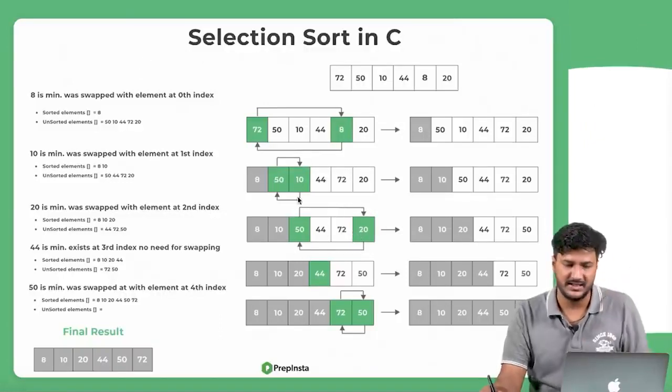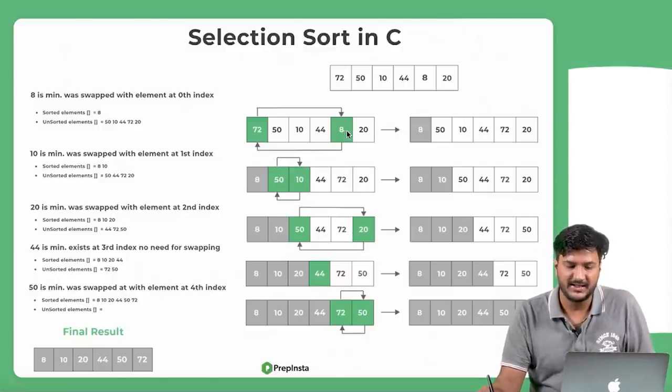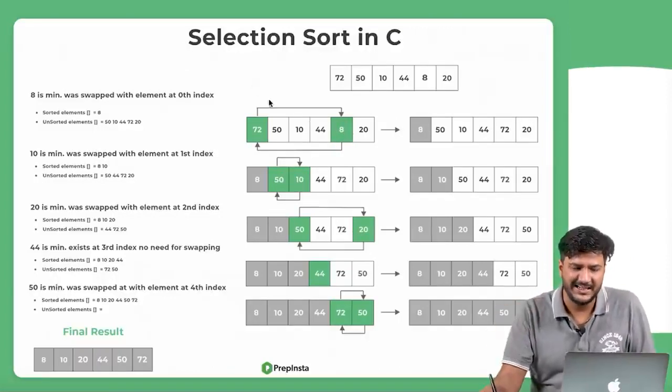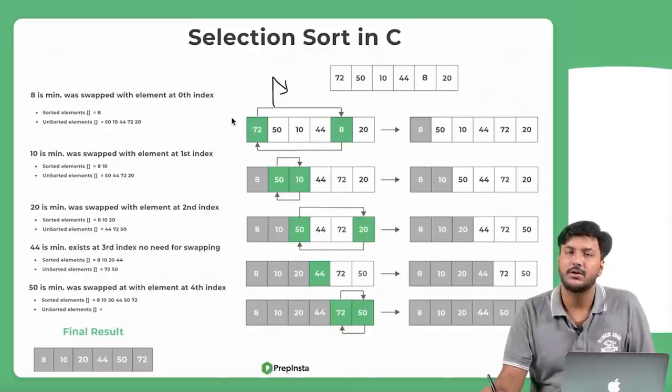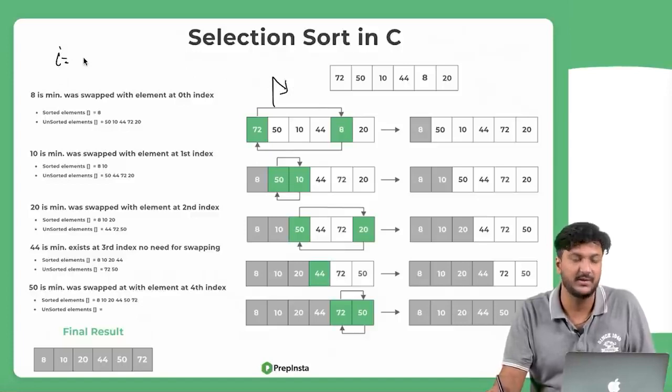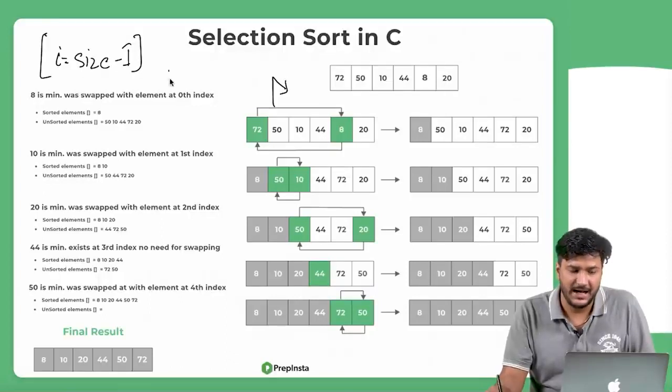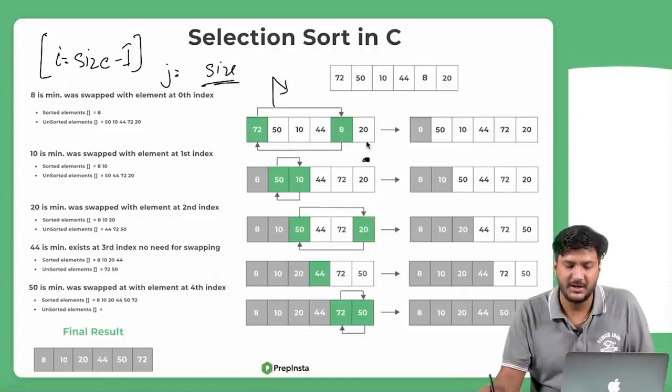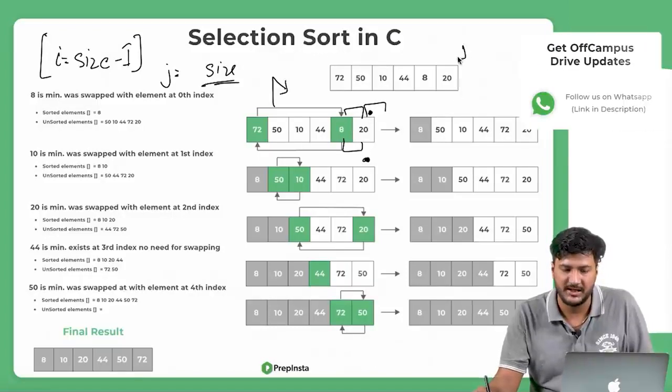One more thing that you notice is that we are swapping things here. I don't want to go into much detail on it. You can buy a DSA course or a Cognizant course, where there would be data structures videos. But in selection sort, the first loop, the i loop, runs till size - 1, and the j loop runs till size. I don't want the i loop to reach the last element, because if I have swapped this and this, I wouldn't have a next value j to swap it with. So which is why size - 1.